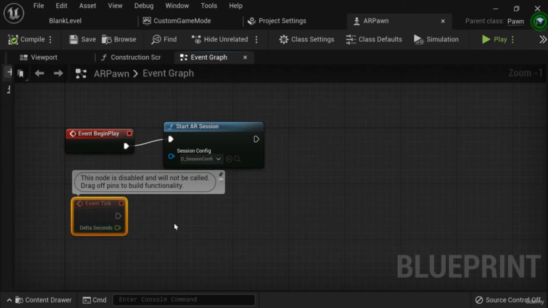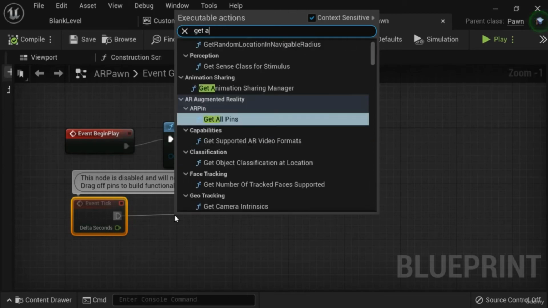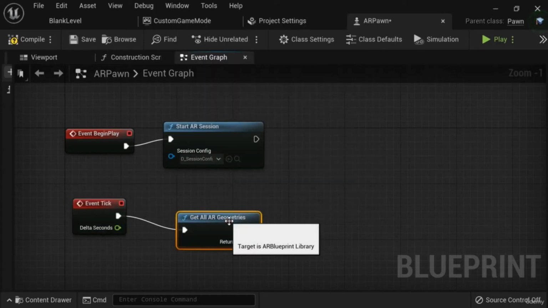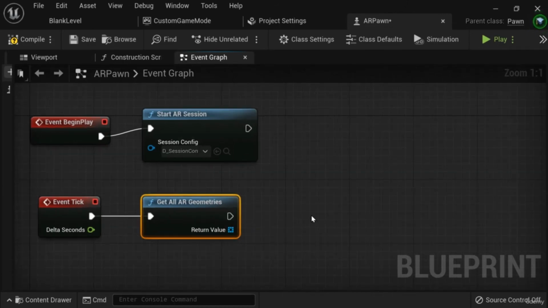All right, so off of this node, I'm going to drag an executable action, and I'm going to select here. In this case, I'm going to look for get all geometries. Under here, augmented reality, we're calling this function get all AR geometries. So we're searching for all the geometries in the world being whatever the device's